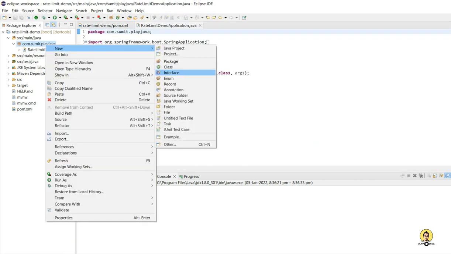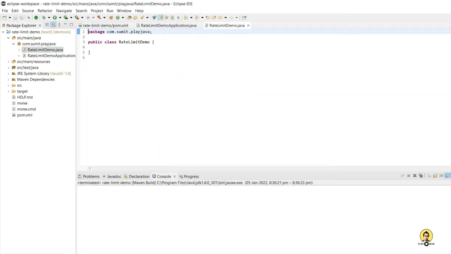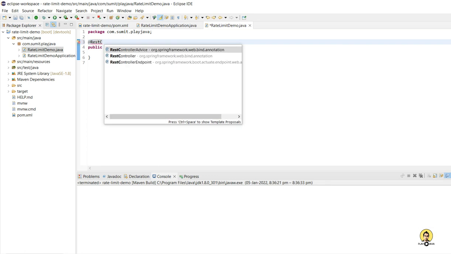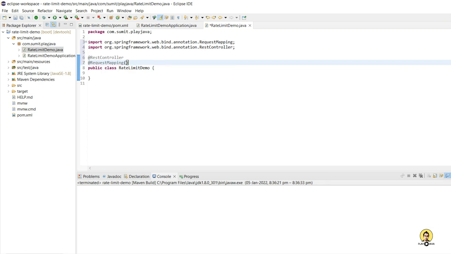So if I open this application, we have this Spring Starter application here only, and I am going to create a controller class where we will see how we handle the rate limit in a Spring Boot application itself. So this is the name of this class, RateLimitDemo, and I will annotate it with RestController to mark it as a controller class. And also I want RequestMapping to provide the base URL here. I will just provide the base URL as rate limit.